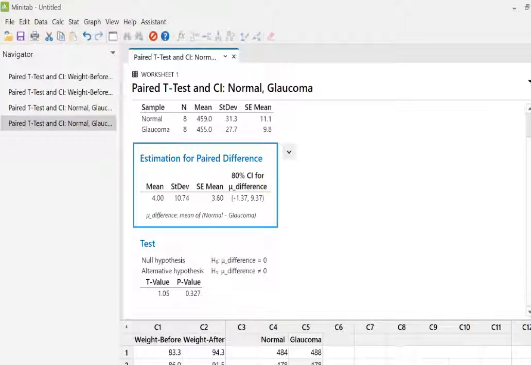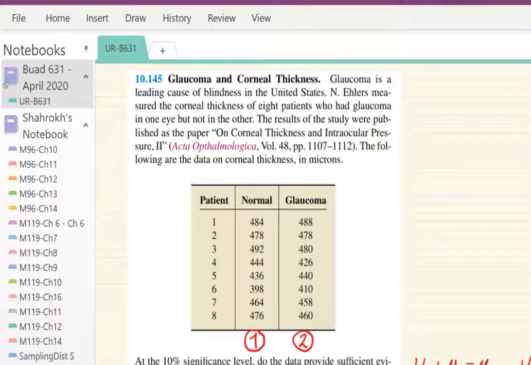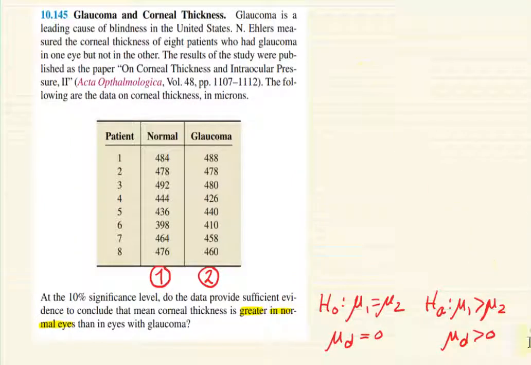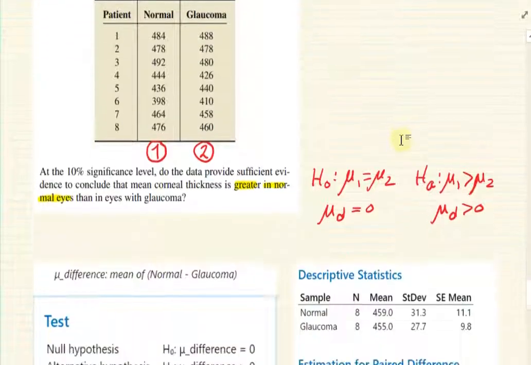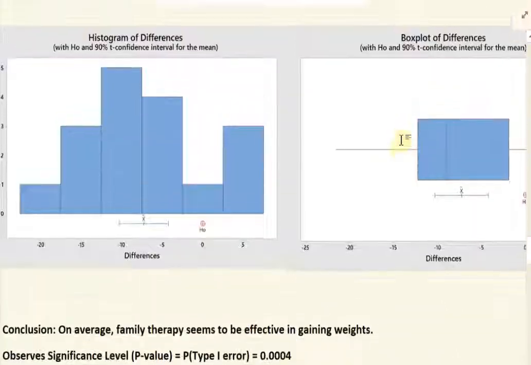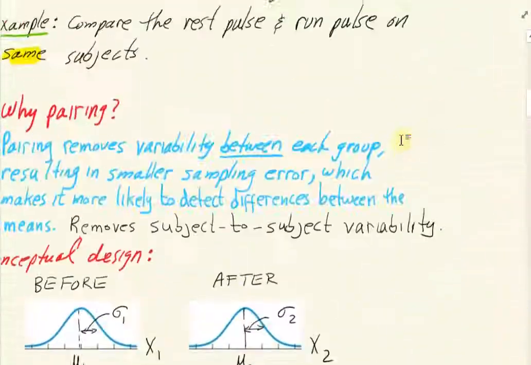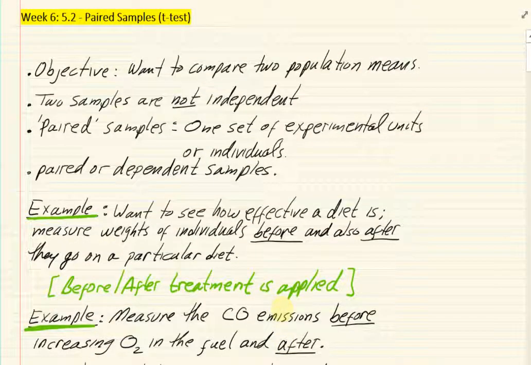And I believe with that, let me go back to my notes and let me resize this window. All right, and there you go. So we're done with this one. We did our conclusion, and this will conclude this lecture. So we're done with that section also. The section that we just wrapped up was section 5.2, paired samples